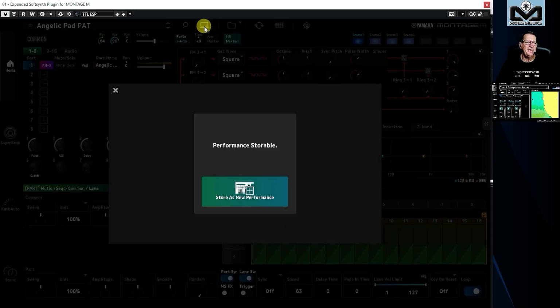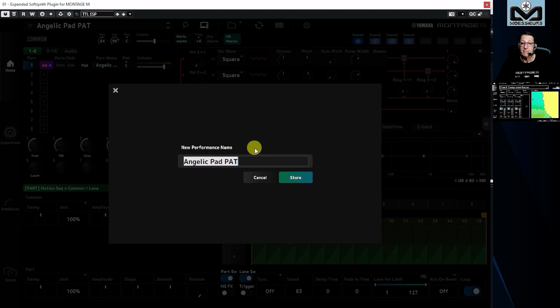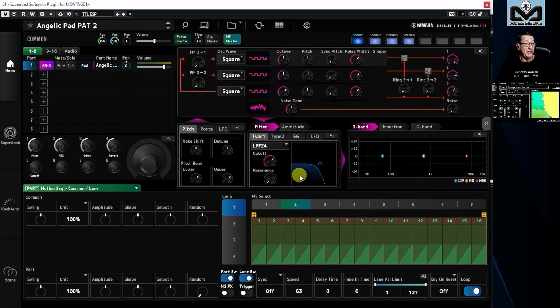And here it's very important to see my screen bottom. Now I can save that performance. Where does it save? I will change the name, of course. And you see nothing on the Montage M screen. That means it's really independent. I have saved it as a user performance inside ESP. That means I can work on ESP, make all the things I want, and afterwards I can synchronize with my Montage M as I want.